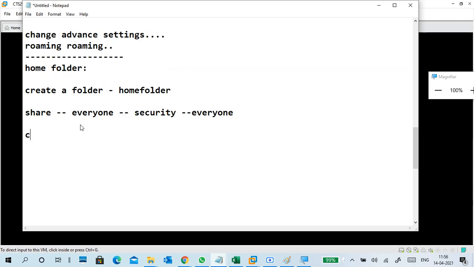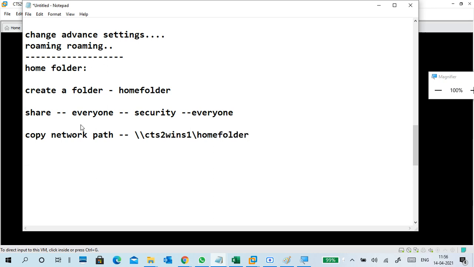Next, copy the network path. It shows like slash slash cts to win s1, because we are not using a domain name, so we are using the server name only, and we are also creating the folder in the server only. It shows the home folder.